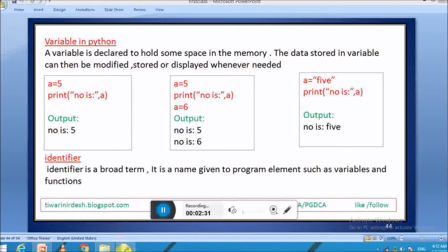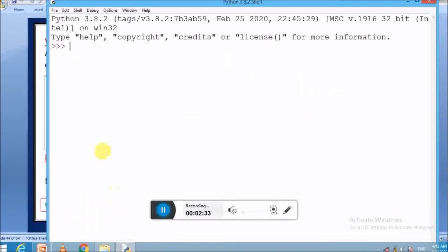So let's go into the Python shell for better understanding. Here a is created as a variable. If you want to assign 8 here, then type 8 and press enter. Now if you want to check whether a holds 8 or not, type print here. See the result. So inside the print constructor we pass only a and it will print the 8. So a is treated as a variable here.